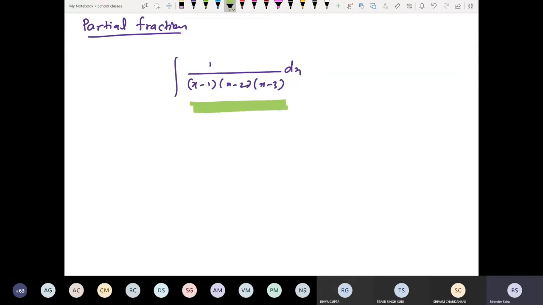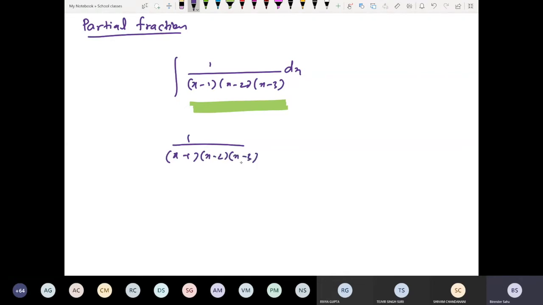See, if we have to integrate, let's say we have to integrate this: x minus 1, x minus 2, x minus 3. Till now we didn't have any method which we have learned up to today. We don't have any method to integrate this. So what we can do, I tell you, this is